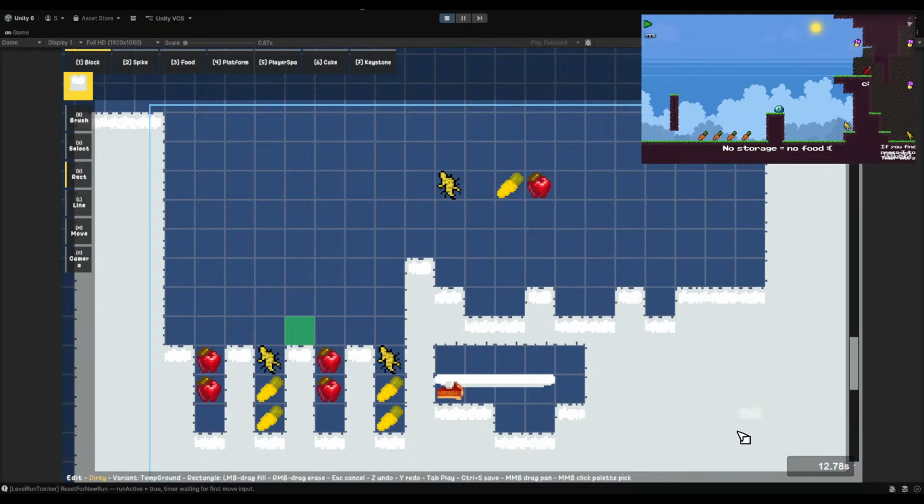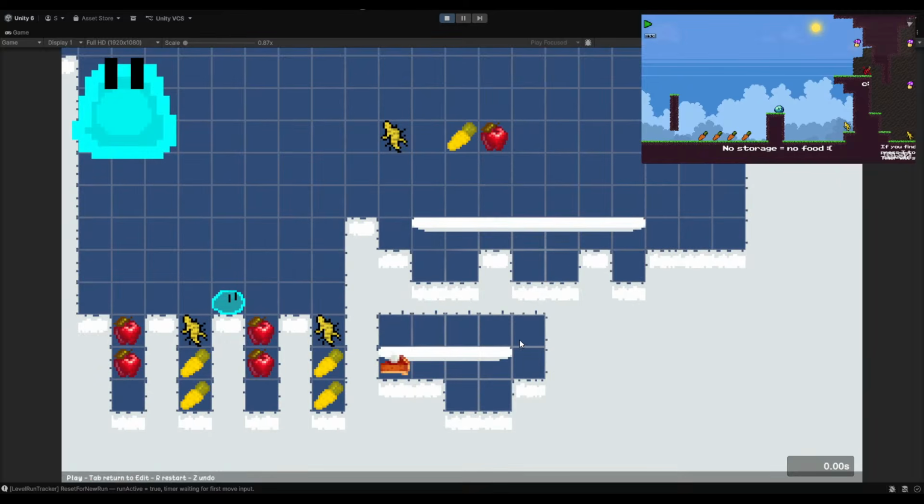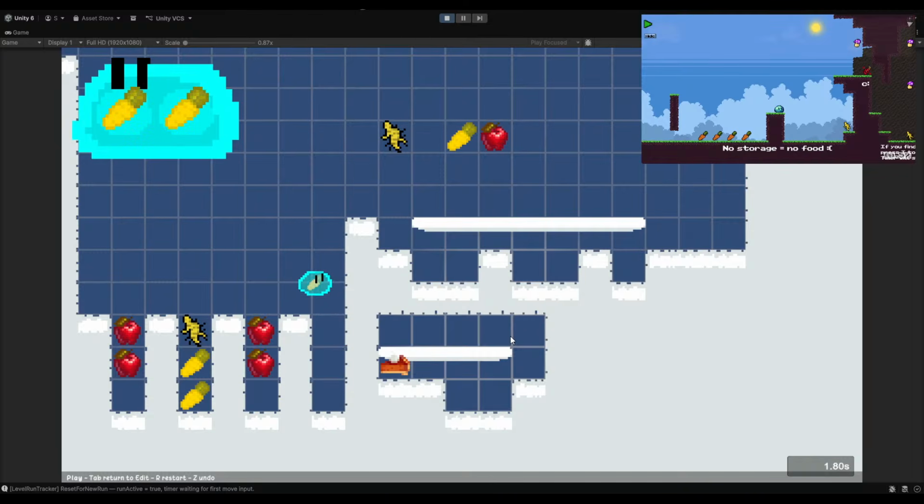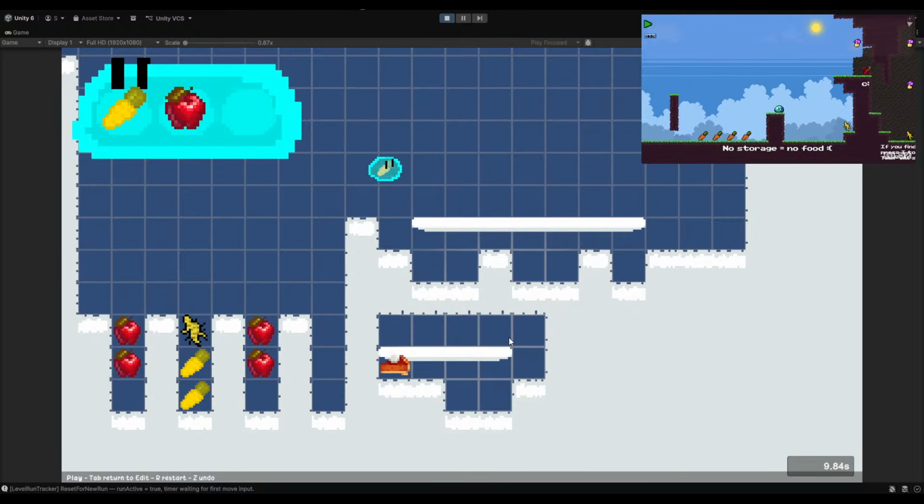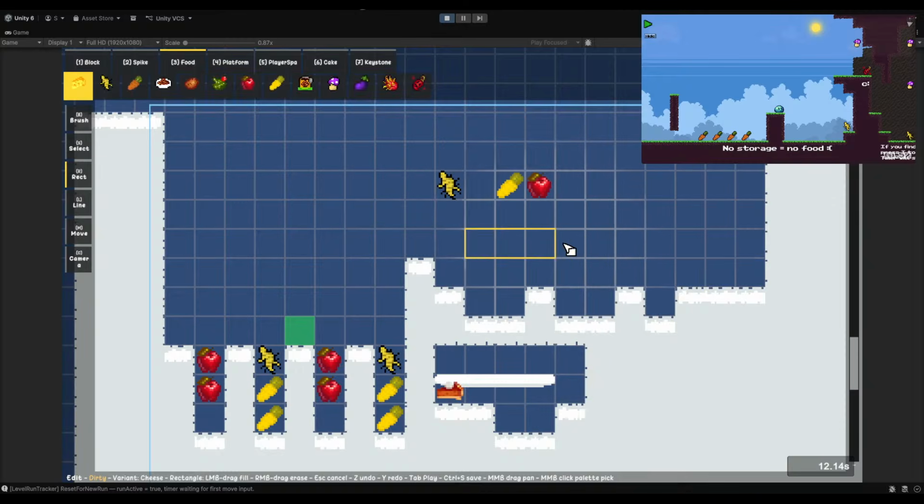And I thought something like this could work too just now, but it's the same problem where apple, any dash food works pretty much. In fact, even pear might be able to just go through this if you just do that. Oh god. Okay, that is not good design. You know what? And that might even be possible even if we have cheese.